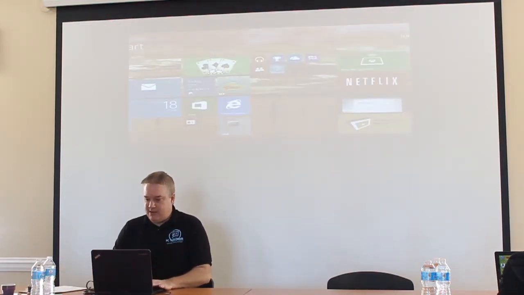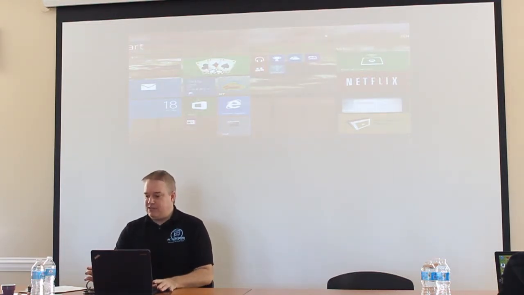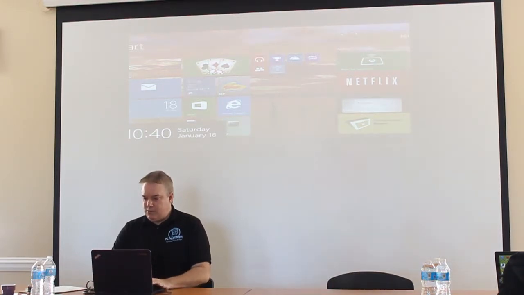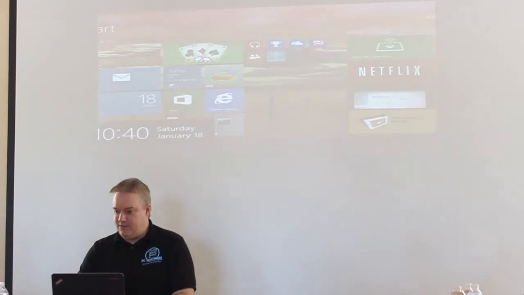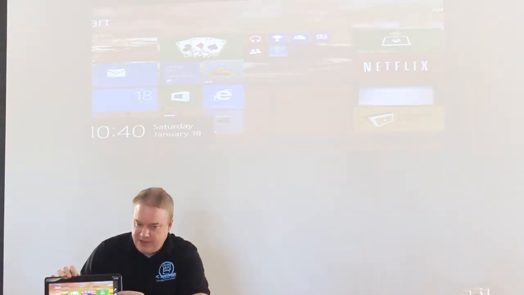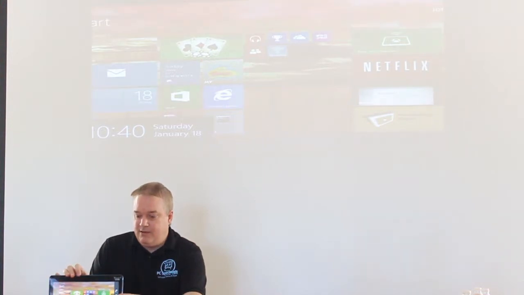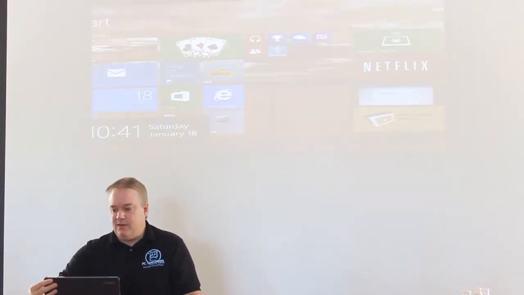Okay, sharing content. Let's say you're in an app and you're looking at a picture and you want to send that picture to someone. If you swipe in from the right, you will get a choice called share. I will illustrate here, share. And you can simply touch that share button, and whatever methods are set up on